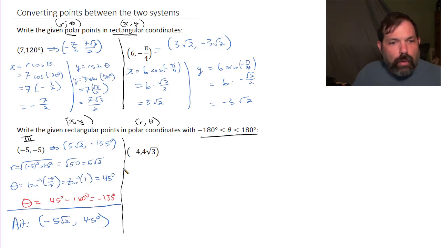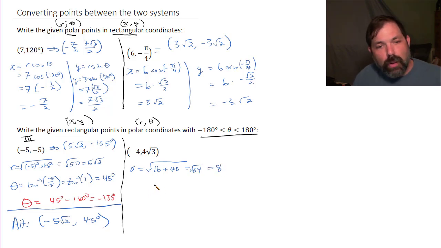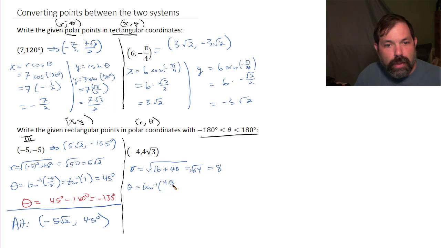All right, so let's see, the r. The r would be then the square root of 16 plus 16 times 3, that's 48. That's the square root of 64, and that's 8. All right, so r is 8. And let's see then, theta is inverse tangent of 4 root 3 over negative 4, so that's the inverse tangent